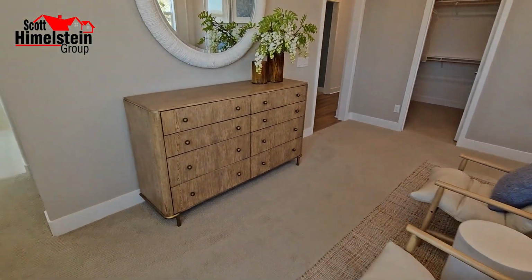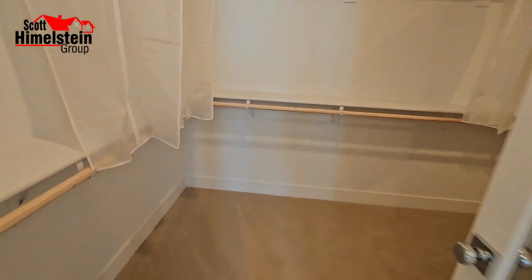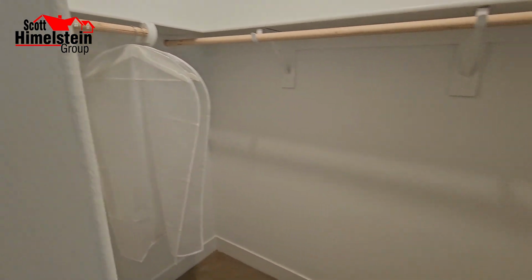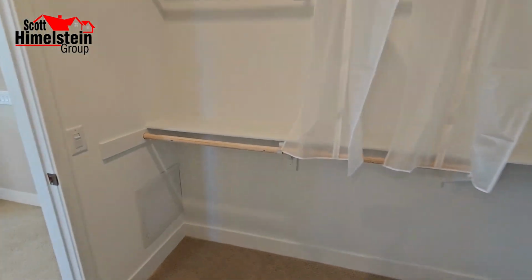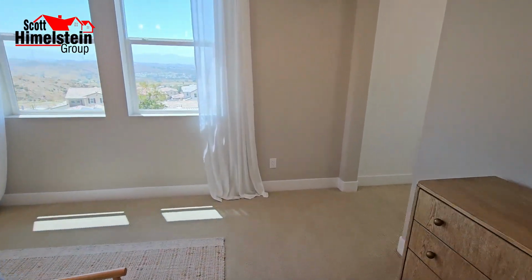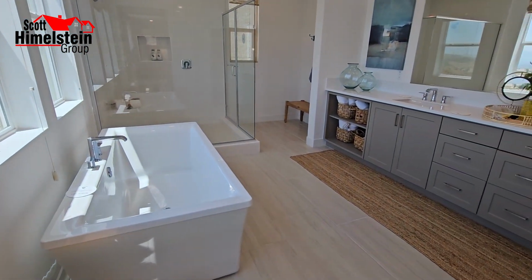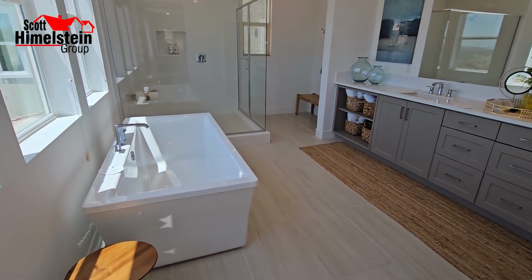All right, so coming over here, you're gonna look at this right here in front of you, and this is the walk-in closet. Oh, it really does wrap around here. This is the walk-in closet for your primary bedroom. So let us know in the comments below if that's sufficient enough to store all of your clothes, okay? And then right off that primary bedroom and attached is going to be your primary bathroom